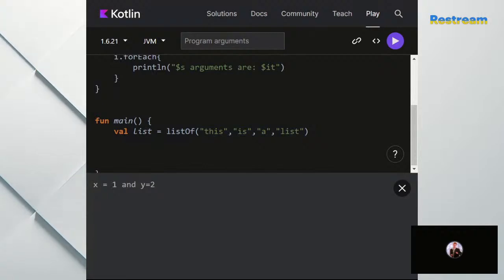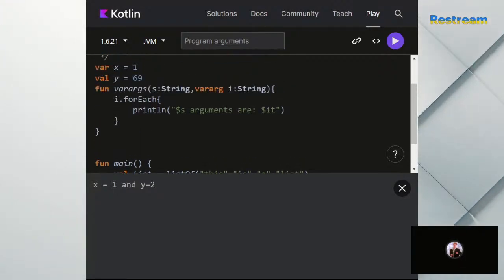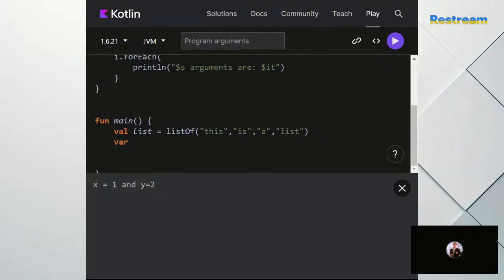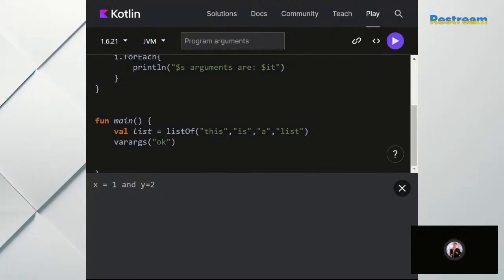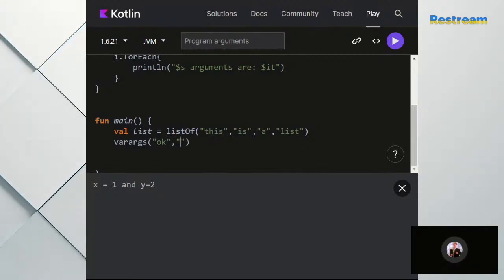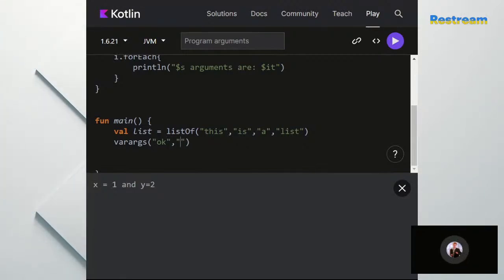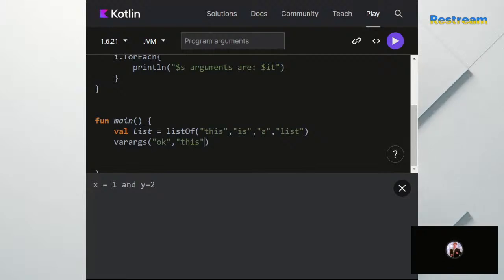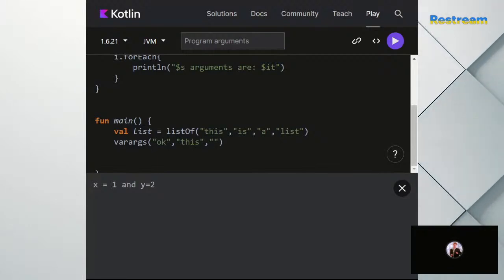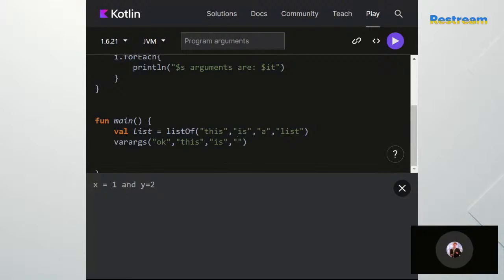If you try to call varargs, we don't know how many strings you want to add. So if I do this,